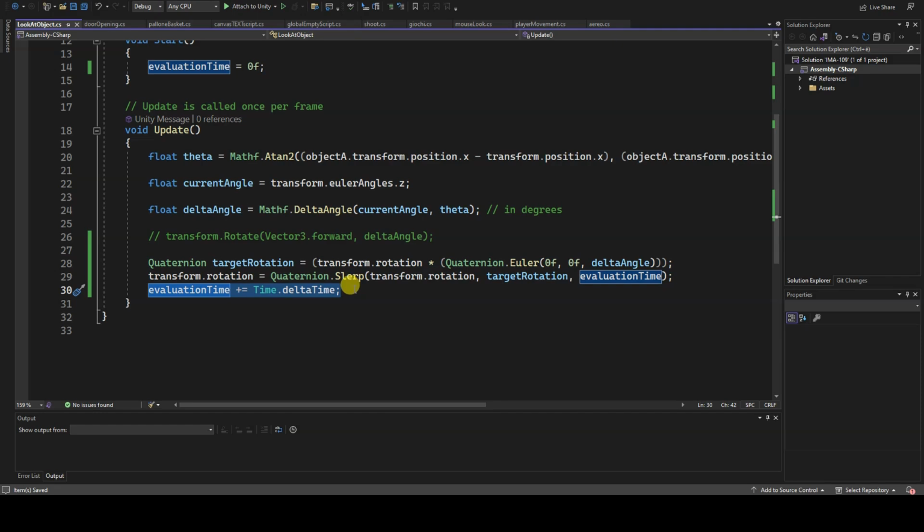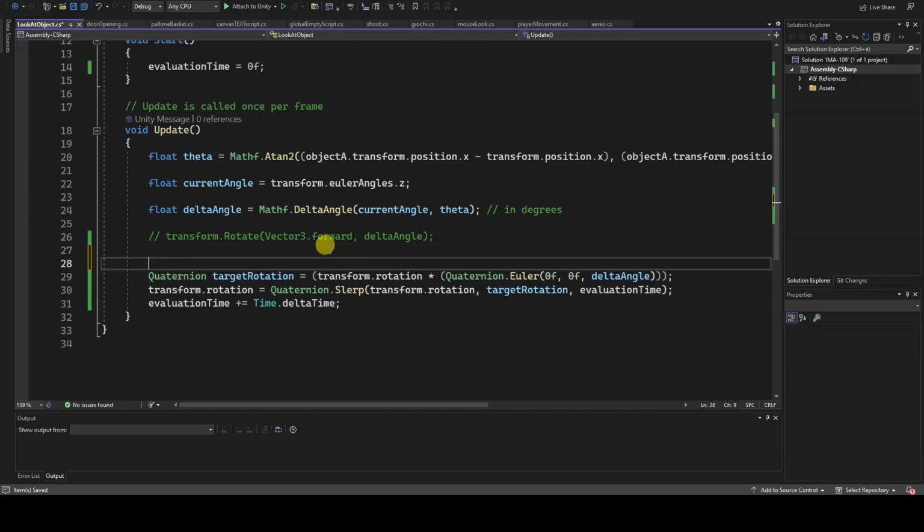The question can be posed this way. When are we ready to start a new rotation of the model? The answer is when the model is already pointing at the player, waiting for them to move. Normally, I would tell you that when the surveillance camera model points at the player and the player remains still, then deltaAngle equals 0 because there is no rotation to perform.